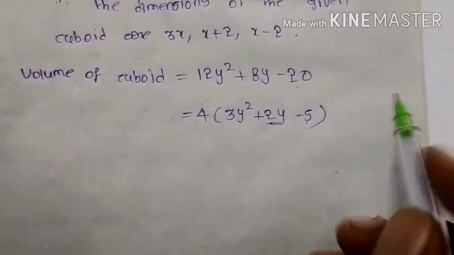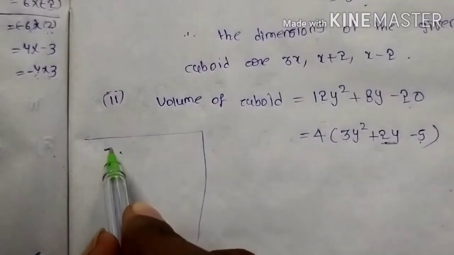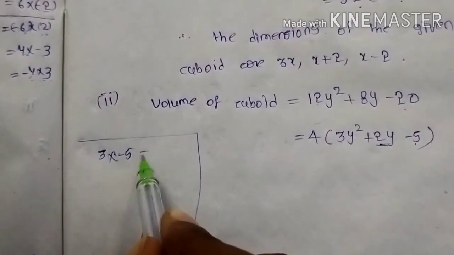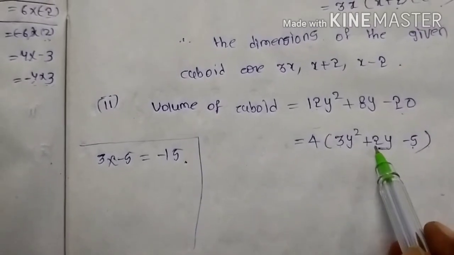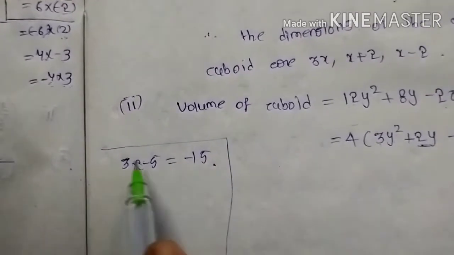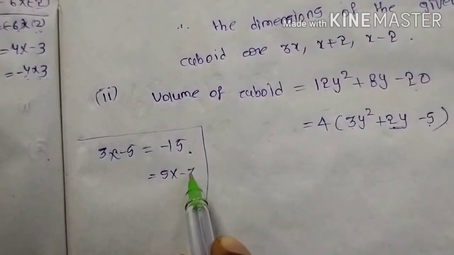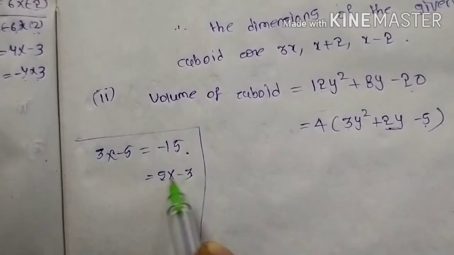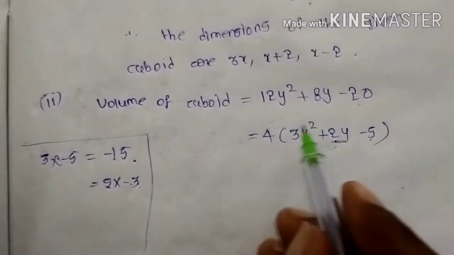3 into minus 5, you are getting how much? This is only the rough part. I am writing here 3 into minus 5. You are getting minus 15. Okay, we need to get here plus 2y. That means can I write minus 15 as 5 into minus 3? Can I write or not? 5 into 3 is 15, plus into minus gives minus 15. See, 5 minus 3 is how much? 2 or not? So that you can use here.